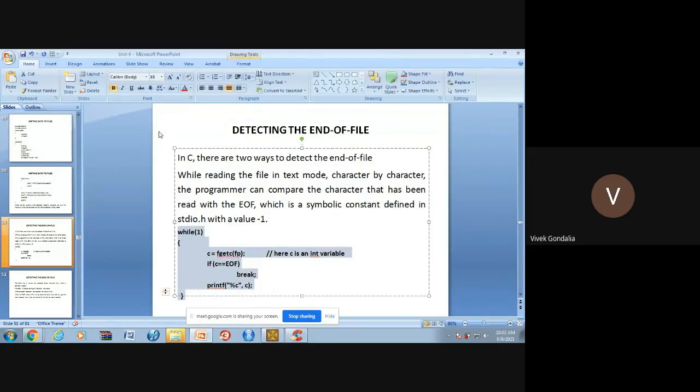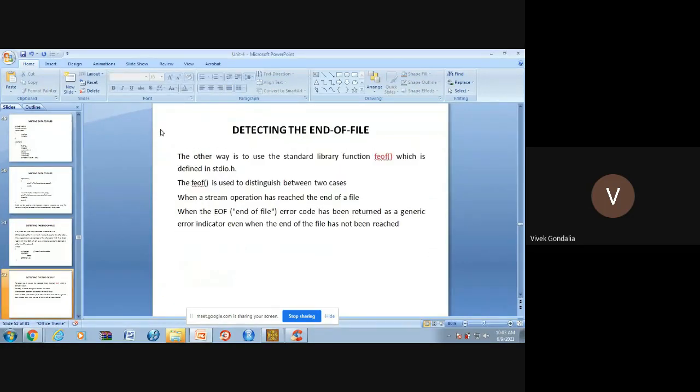Instead of this code, one ready-made function is there in C, that is feof. It is the end of file function, and if your reading function goes beyond the end of the file, it will return an error indicator. Okay, this file has been reached, so there is no data after this endpoint.